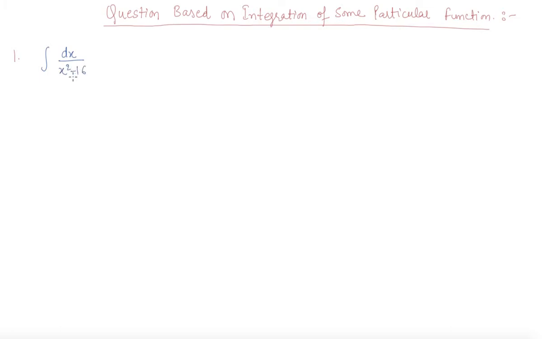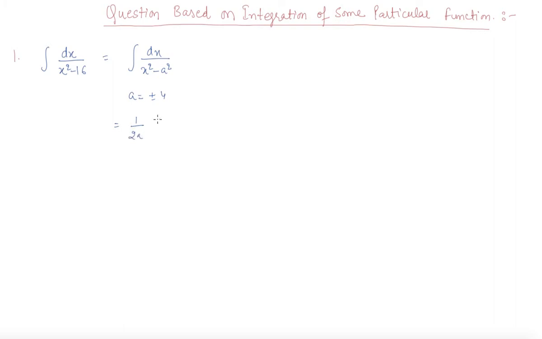So students, as you can see clearly, it is a form of dx over x square minus a square. That we have discussed in my previous lecture. And the formula for this form is related to dx over x square minus a square, where a is plus minus 4. Okay, so we can get the answer as